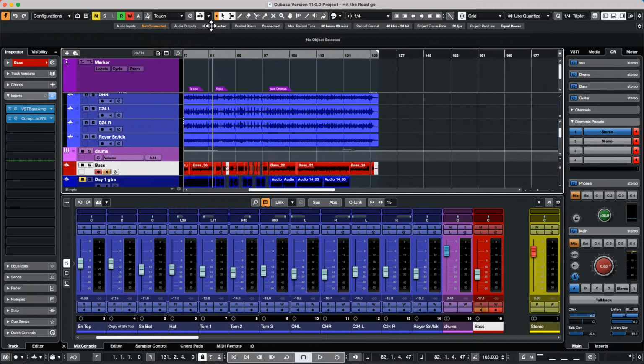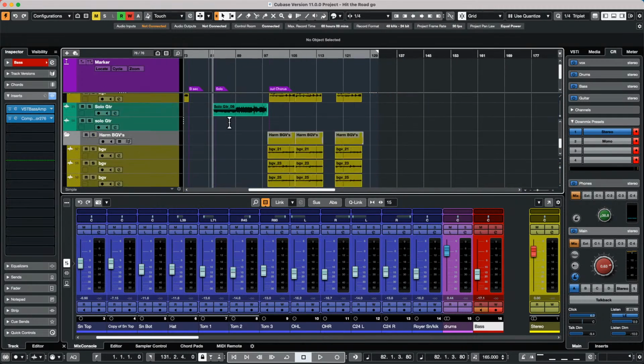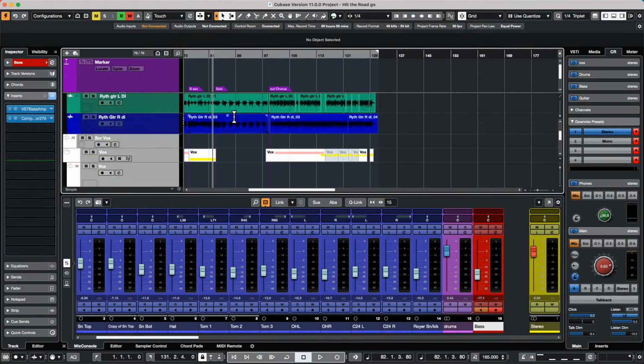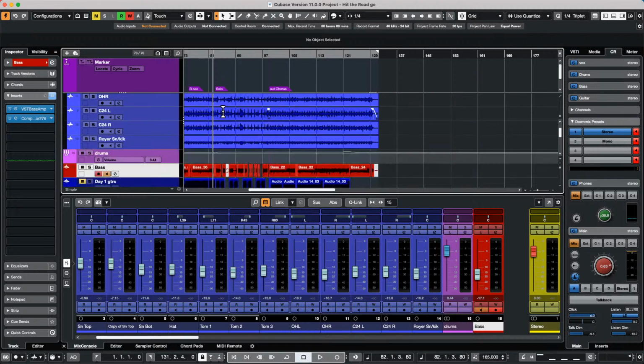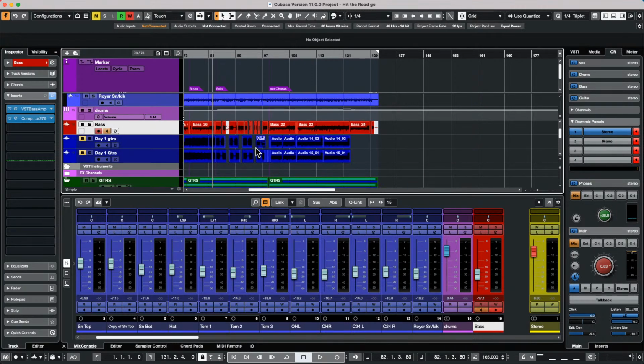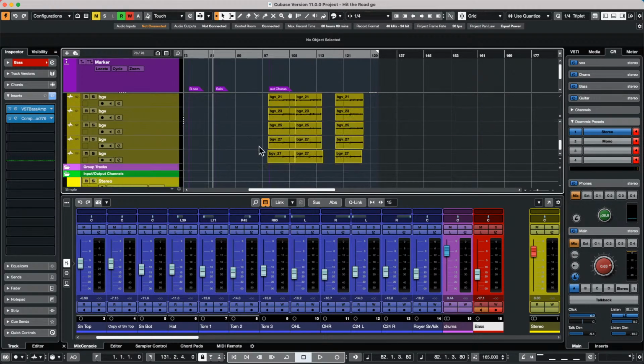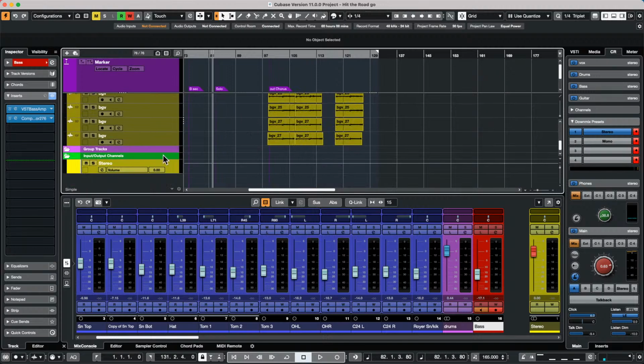So what I would do, if I was using an Aviom system where I'm not changing the levels from Cubase, but the headphone monitoring is for the musician. They have little knobs where they can adjust their Q mixes. So if we want to set that up in Cubase, I think the best way to do it is